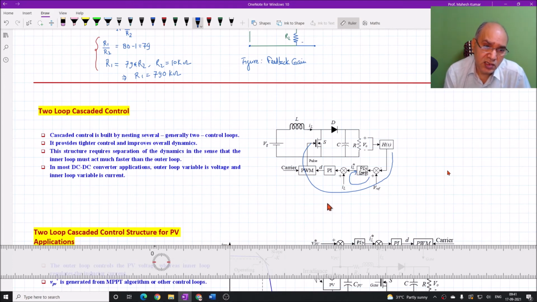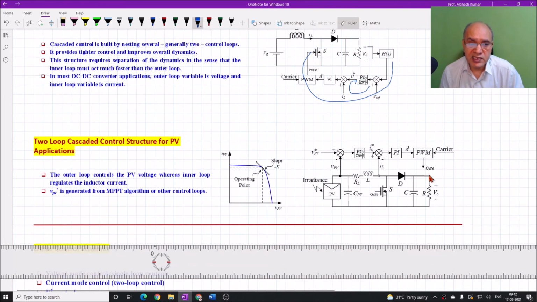This has the advantage of reducing the voltage variation sensitivity at the input. So if the VG changes, even a large change in the VG will not affect the output voltage V0 because of the tighter control, and this improves the overall dynamics. We can prove this by mathematical analysis also. So this block is the PI plus compensator block, and for this block we need only PI because the IL to D system is stable. So this needs to be taken care of, the other things are fine. And this scheme can also be used for tracking the maximum power point.